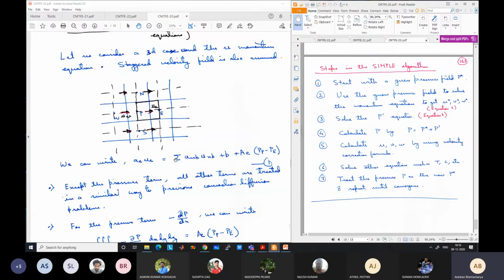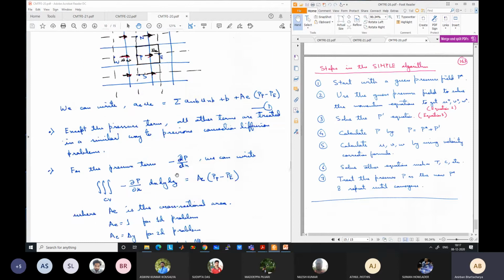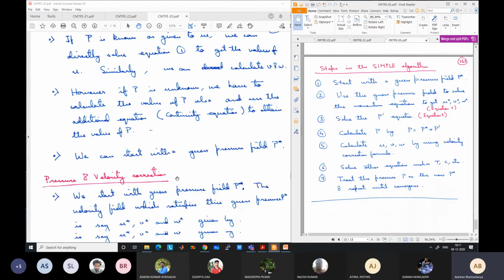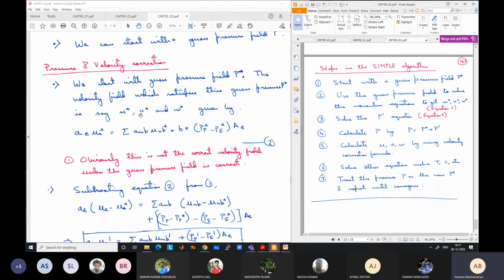And for the initial guess, some guess needs to be taken, otherwise this can be calculated based on the diffusivity and other known parameters, and the source term will give us B. So by doing this, when we solve the momentum equation with this guess pressure, we get some incorrect velocities, which we called U star, V star, and W star.